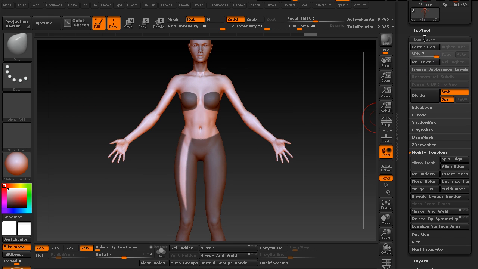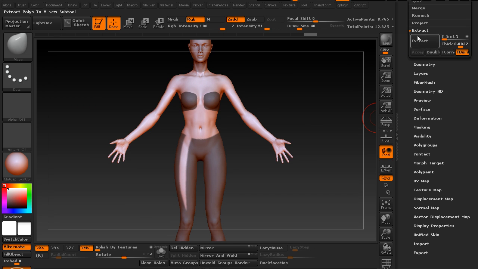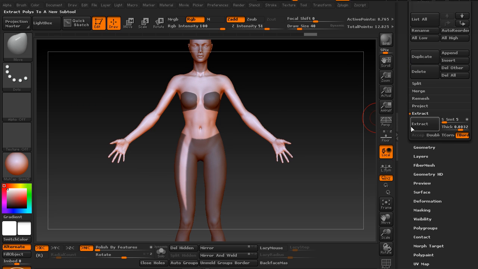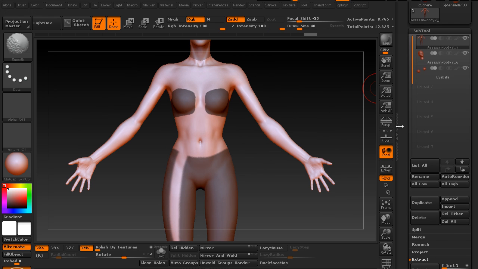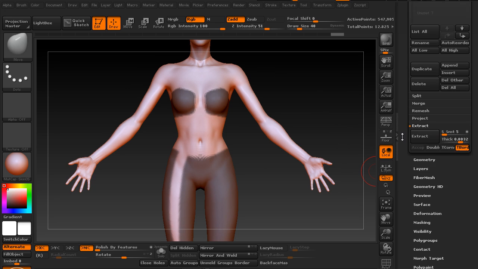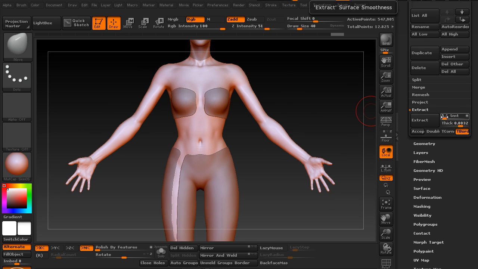Now if we were to use extract, which is the traditional method, we could just hit extract right now and it would come out, but it would be very mushy, and I don't personally like it. Let's see if I can show you without it crashing. There you go. So it mushes the edge a little bit, and even if you turn smooth off, it just doesn't give you as good of an edge, because I think it doesn't include an actual polish function the way